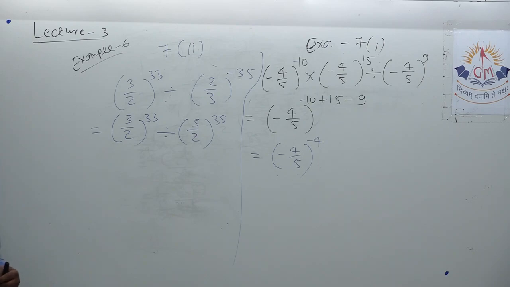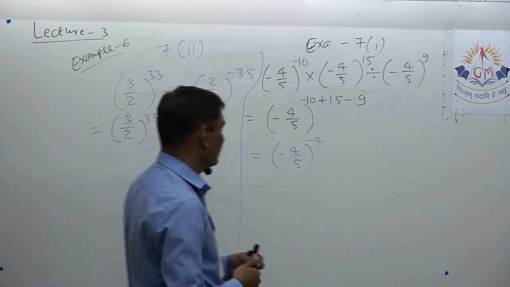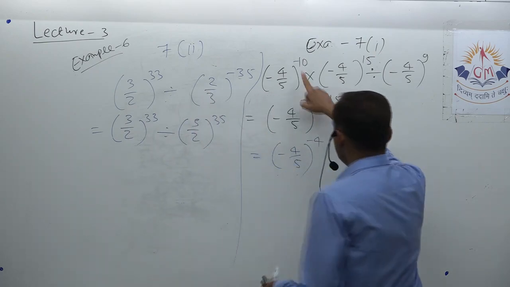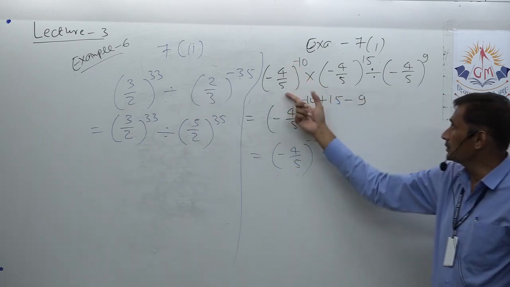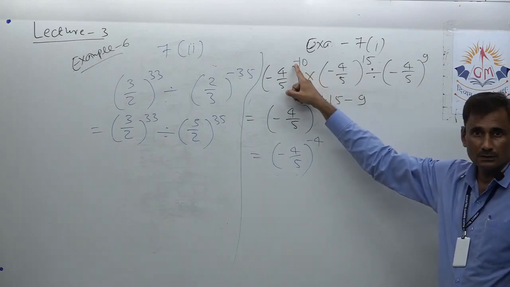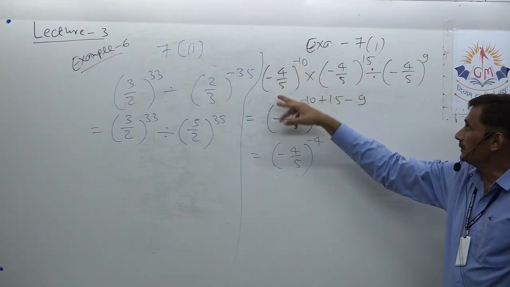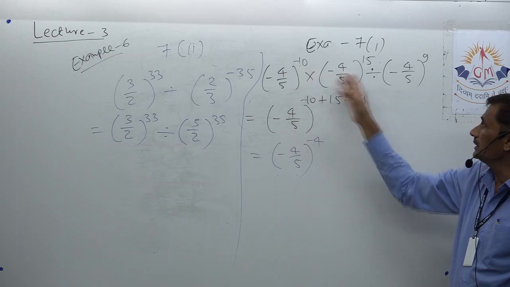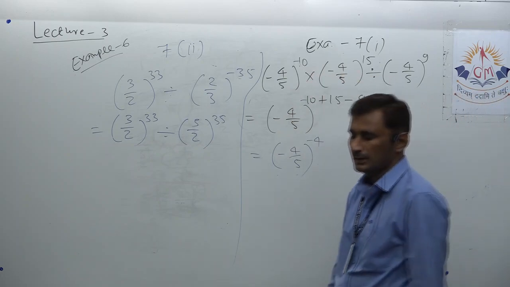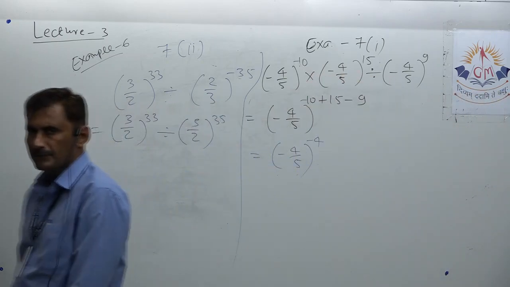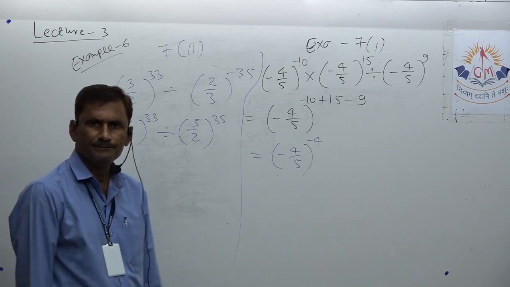In our main purpose, as I usually tell you, we always convert negative to positive. Here there is no need to convert it to positive. Why? Because the bases are already the same. So no, not every time. If you write here minus 5 by 4, then it will be problematic. So if the bases are the same, then it is not compulsory every time.